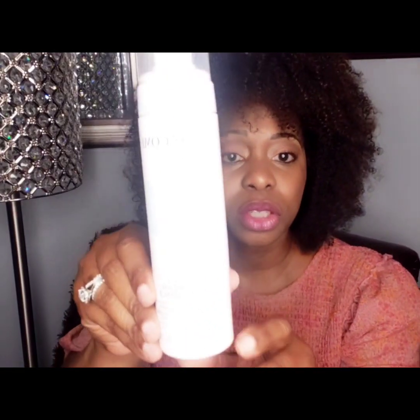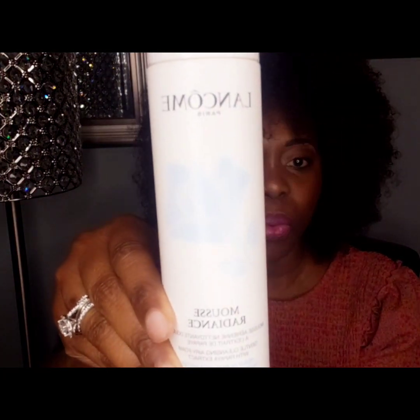My skin is actually normal to oily. When I was younger, it was oily. As I'm getting older, and I'm embracing that, I noticed that my skin is not as oily, especially in the winter months. But this works great. This is for normal to oily, and it's very gentle, which I absolutely love. So I use this as a cleanser in the day and in the night after I remove my